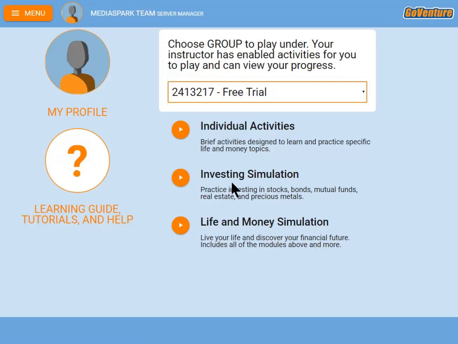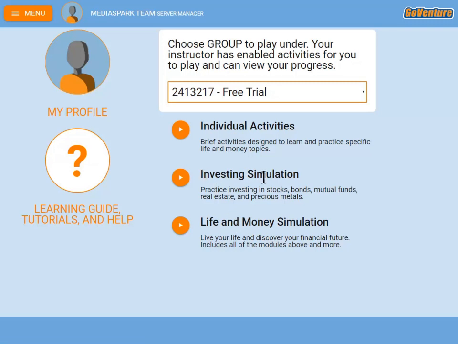I should also mention that the investing simulation option may also be included in the life and money simulation. Depending on how your group has been set up, the life and money simulation could have all of the same options and features that are included in investing simulation, all bundled together with the personal finance or life and money components as well.